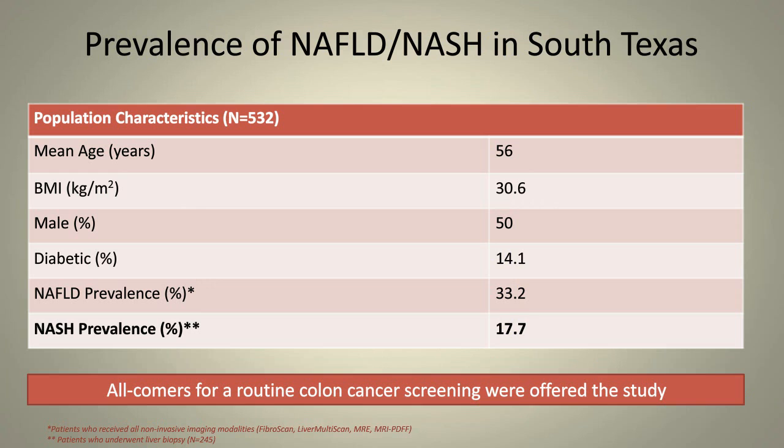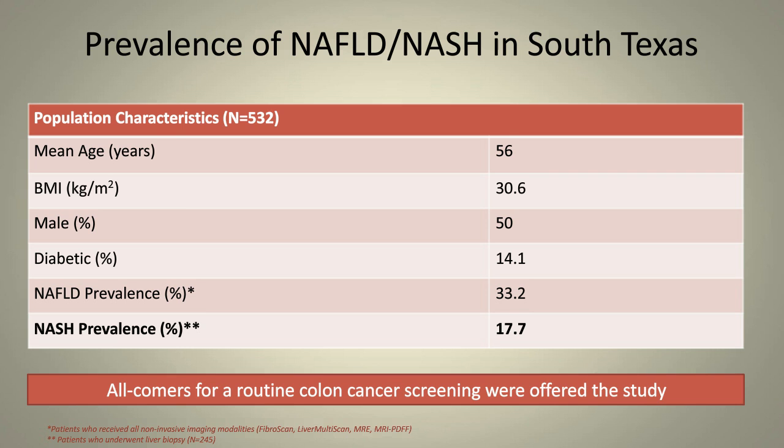So bringing it a little bit closer to home, I wanted to share with you some data that's not yet been published, but it's a study we recently wrapped up. I'm showing you data from 532 patients that were prospectively evaluated at Brooke Army Medical Center when they presented for routine colon cancer screening. Every patient in this list thought they had a healthy liver. They had no history of liver disease and did not consume alcohol that would put them at risk for alcoholic liver disease, and they didn't take medications that caused fatty liver.